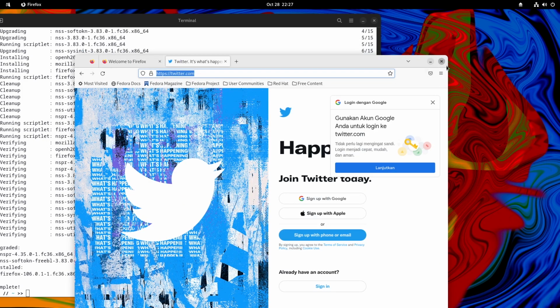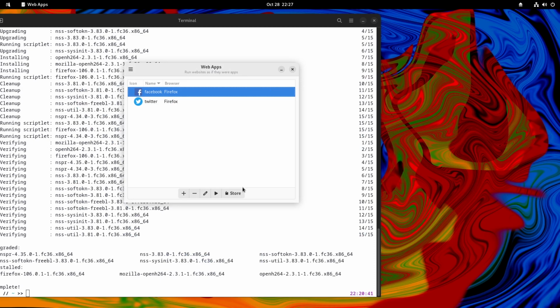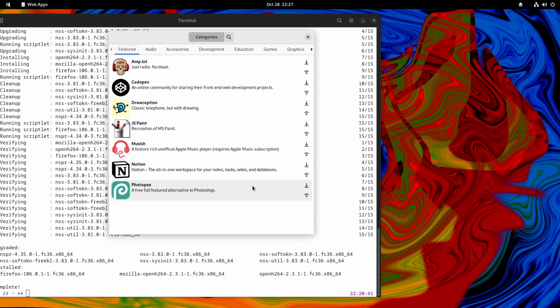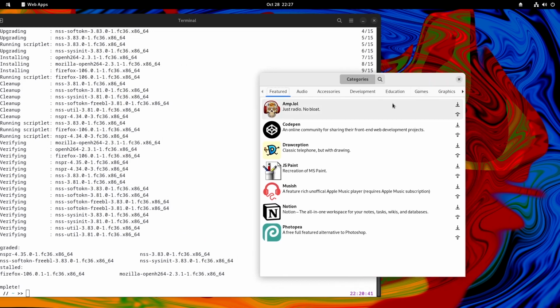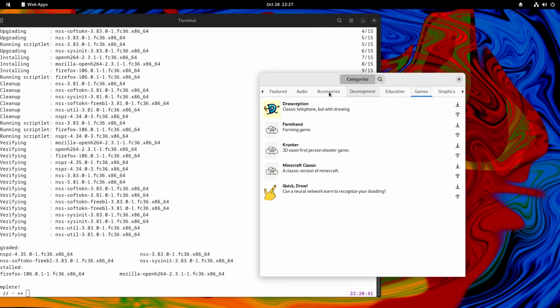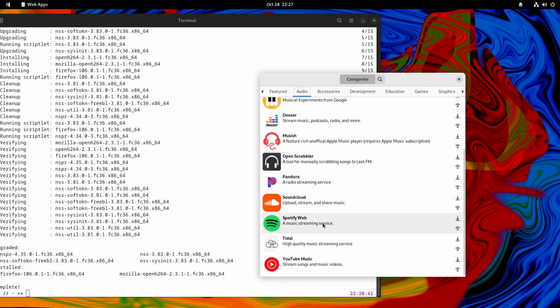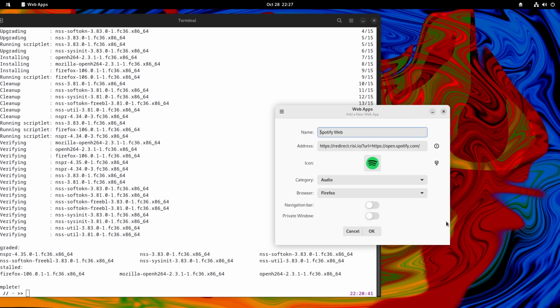so after the web apps, I will go to the store. What is this? Actually, this is the web application that we can just add to the RisiOS. For example, audio. I will try Spotify web. So we can just click this and then we can click OK,